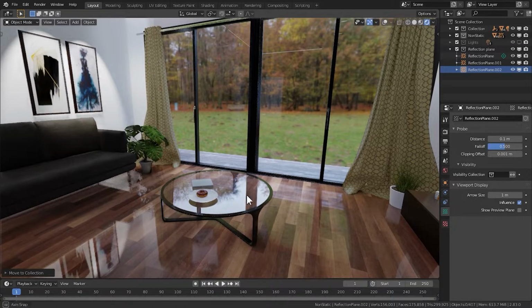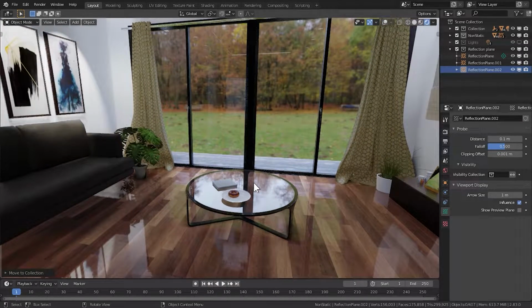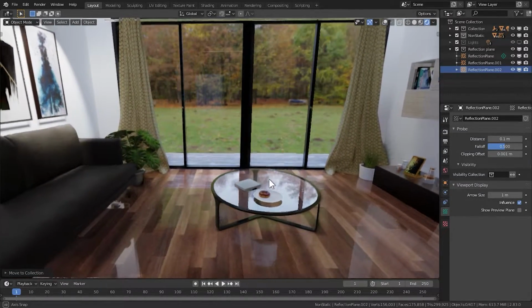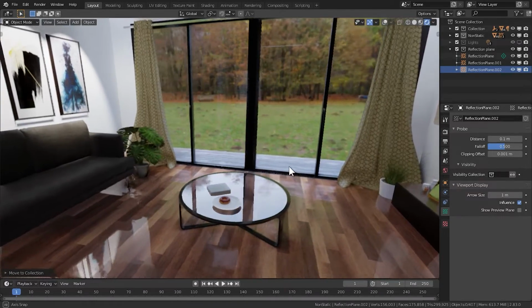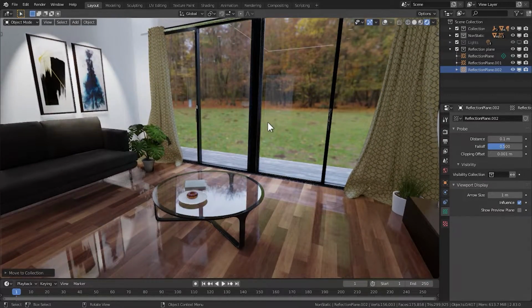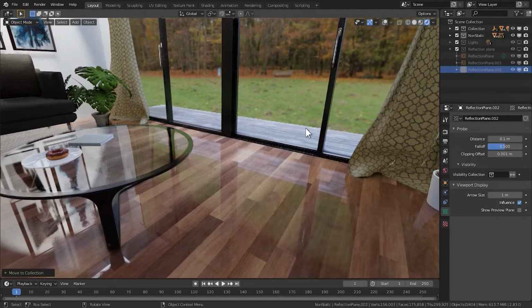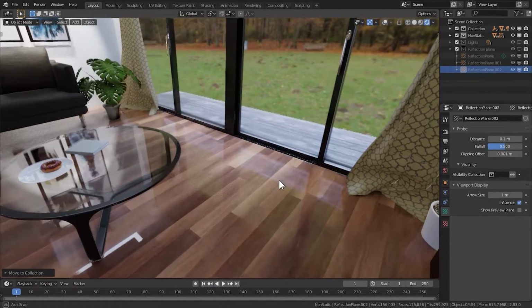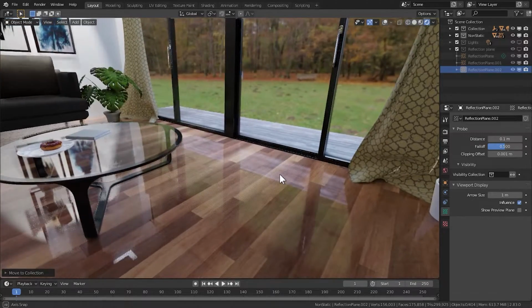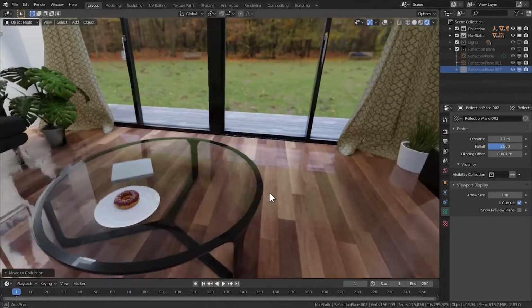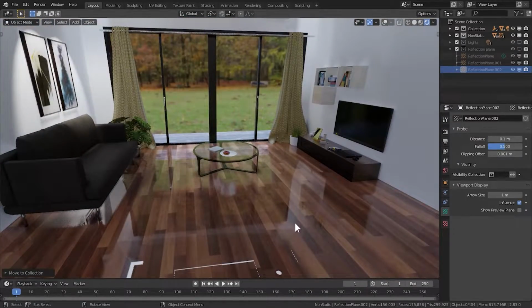On the top of this table, you have the parallax on the reflection. You can see the trees are moving faster than these window panels, and that's how the reflection should be happening. As you can see, the reflection is not quite correct here, and this part over here is reflecting over here, which is not realistic. And also if I move the camera, there's no parallax going on here,